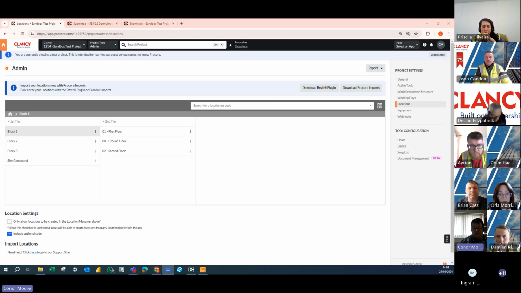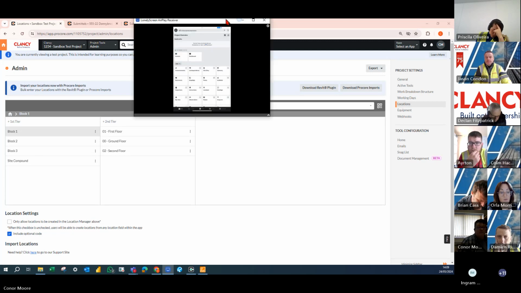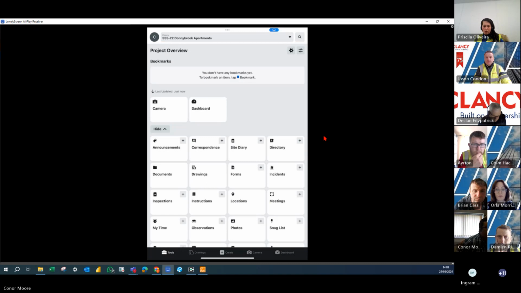So I'll just move over here to the app. You can see that there, can you? Yeah, perfect. Okay, so in order to use the QR codes, there's 2 ways to do it. You obviously go to the site that you need. You either open up the camera or you open up the locations. And if you open up the camera,